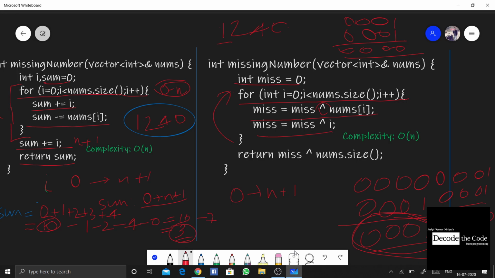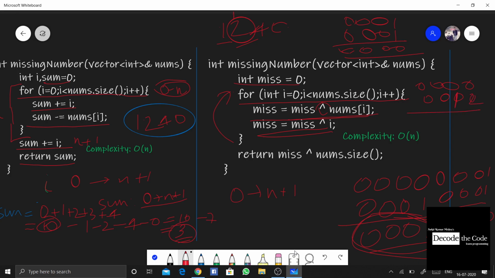Then, miss XOR i for index 1 happened, and we forgot to do the first thing, that is miss XOR nums of i. Because of that, what is nums of i? That is 2. So 0 0 0 0 and 0 0 0 2.